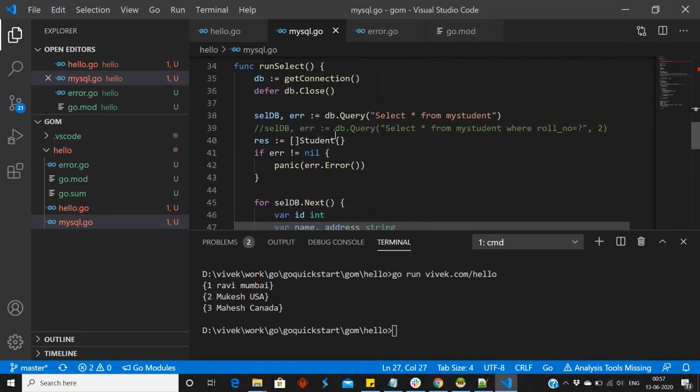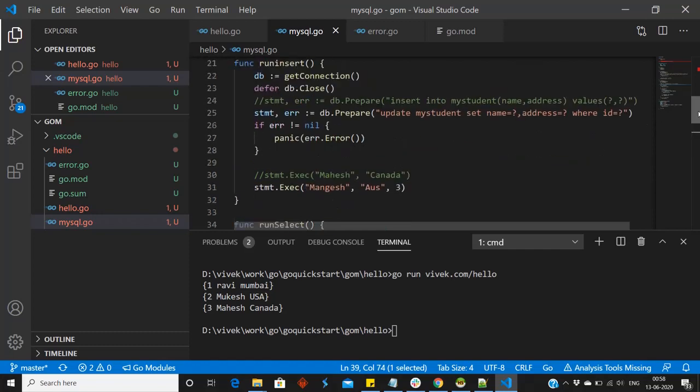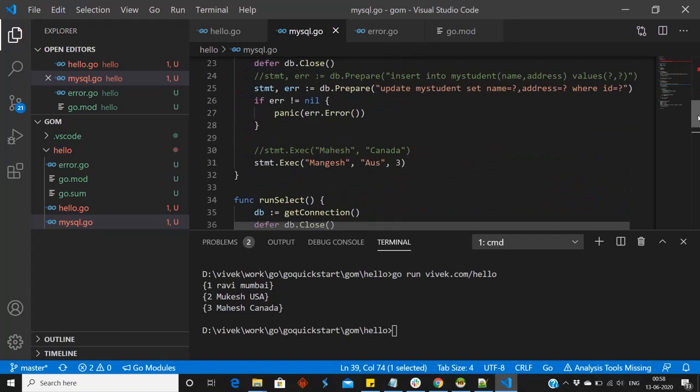If we want to run a select query with a condition, we can run it like this: select star from my student where roll number equal to question mark, and we can pass that value. The question mark will prevent SQL injection. So let me first run this update query. After that we will run that query. So go run